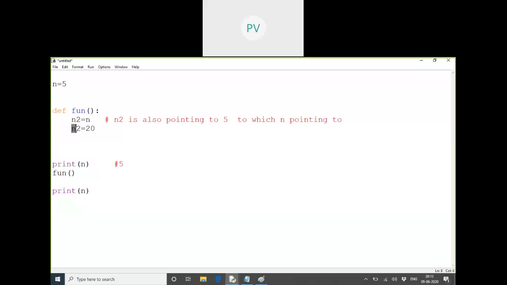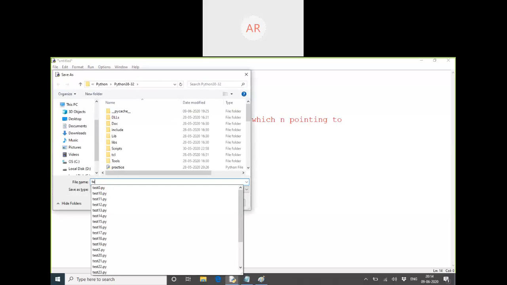Now what did we do here right now? We are assigning another value to n2. This is a new object. Okay, fine. n2 is equal to 20. Now when I come out, see here if I print n2, definitely it is 20. There's no other doubt about this. Now if I come out and say print n value, what will be n's value? 5. Yes, that we have to be very clear about these concepts.